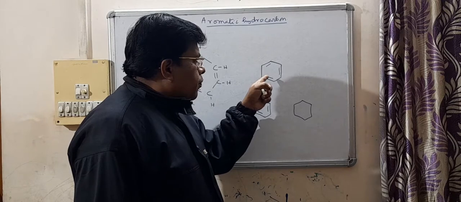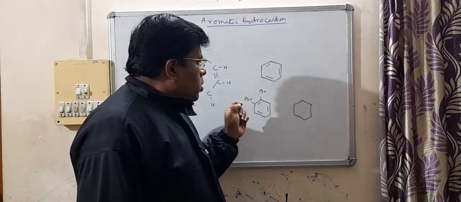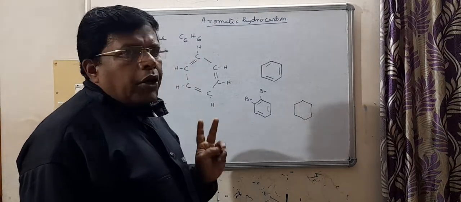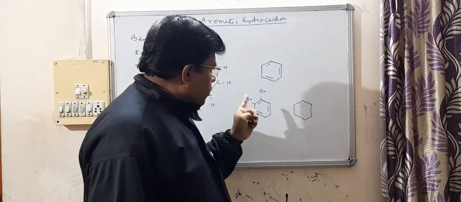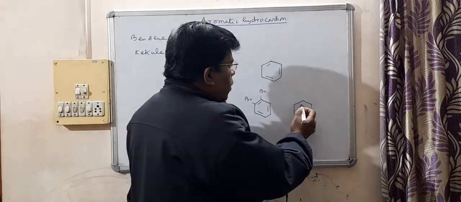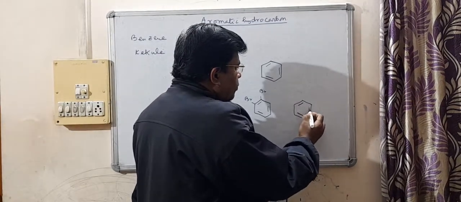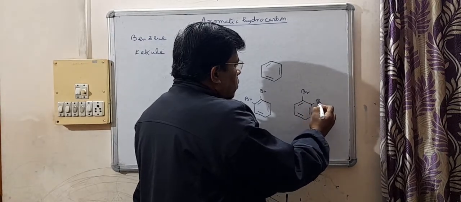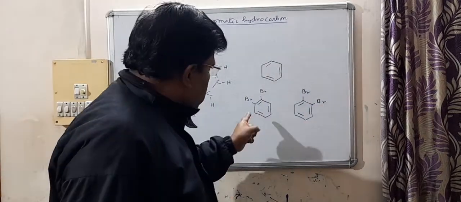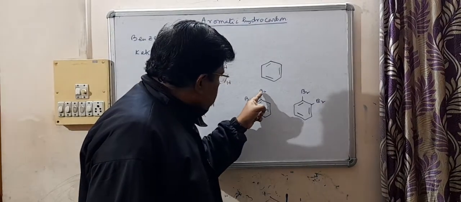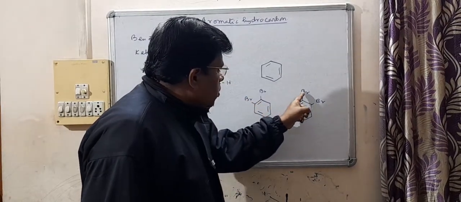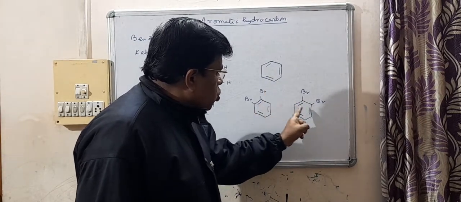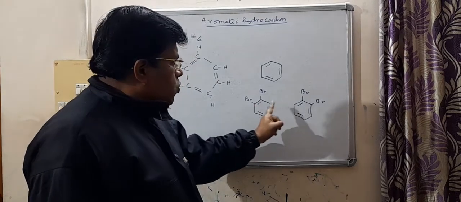According to the Kekulé structure, there should be two types of 1,2-dibromobenzene. This is one type, and another type is this. You see, here between the bromines there is a double bond, and here between the bromines there is a single bond. So according to Kekulé, these two should be different, but